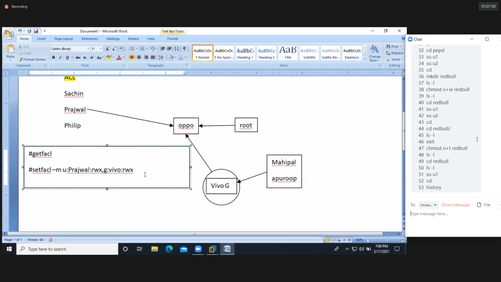Okay. Then for other users, comma, o colon. Other users means everybody apart from these people, everyone is other users only. No need to provide a name there. o colon, read-only permission I am providing, r--, for the Oppo directory. Got it, guys?